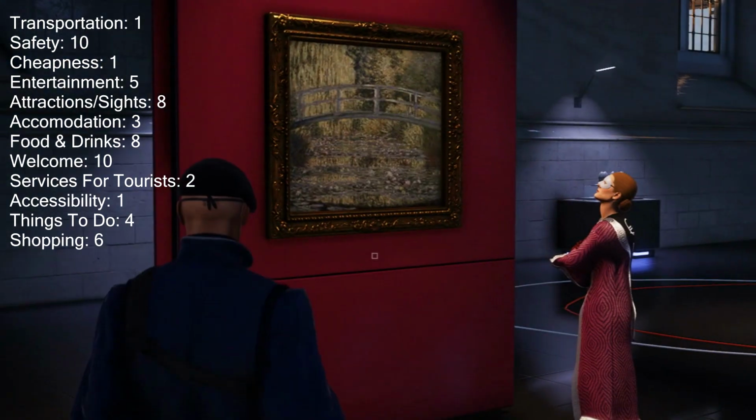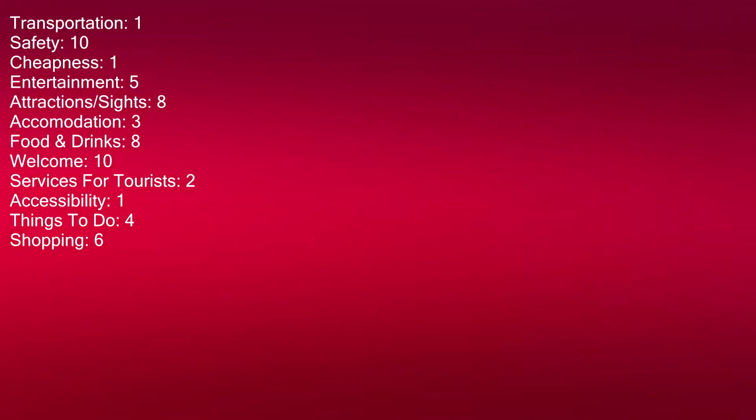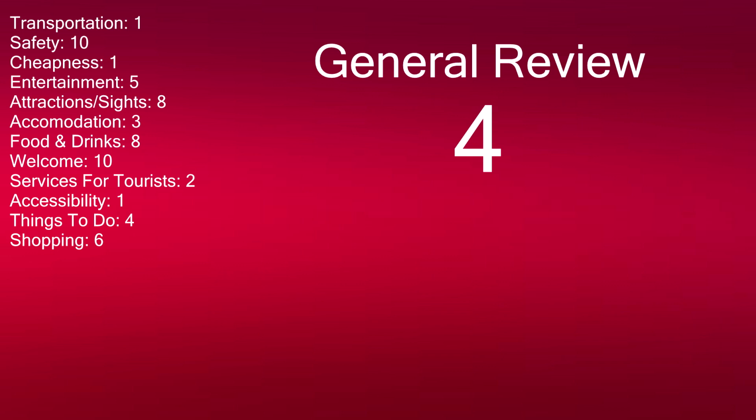Somehow I managed to get hold of a fancier outfit, which let me get upstairs, and they had some very cool stuff up there. It looks like they'd managed to put together an exhibition of some of the world's rarest artefacts. I was very impressed. All in all, I gave the Isle of Scale a general evaluation of 4. It was a little bit highbrow for me, which made me feel a bit uncomfortable,